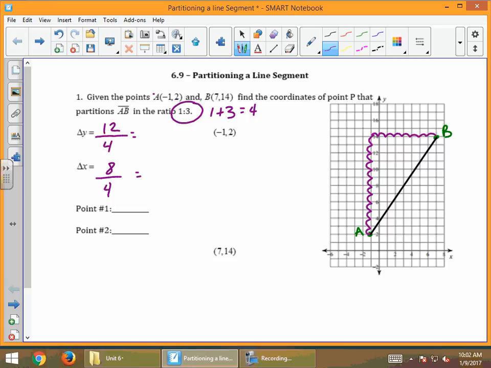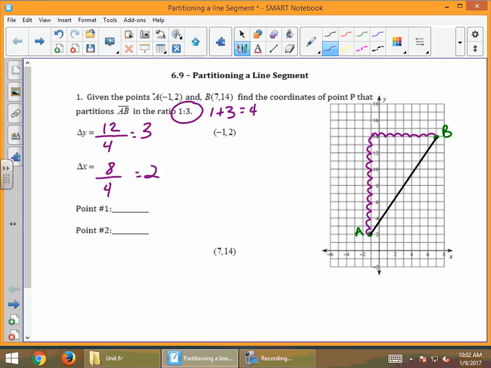Well, what do we get when we divide? What's 12 divided by 4? 3. Good. And what's 8 divided by 4? 2. Okay. Once you do that, when you get your change in X and your change in Y,